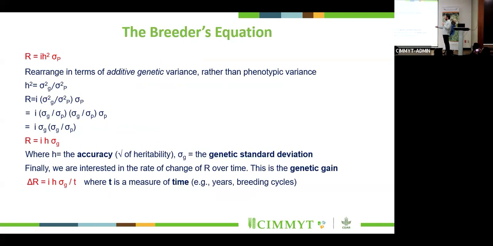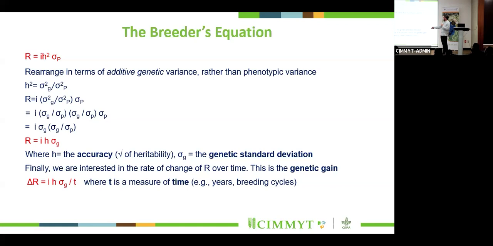But what we're more interested in is the additive genetic variance rather than the phenotypic variance. So as I think everybody knows, one way of looking at heritability is the additive genetic variance divided by the phenotypic variance. It's the proportion of the variance that's genetic rather than phenotypic. If you rearrange this equation through a few bits, the maths is kind of minor, but you end up coming out that